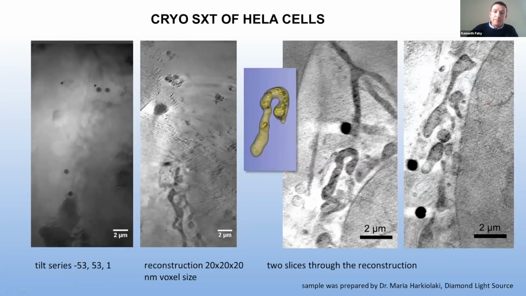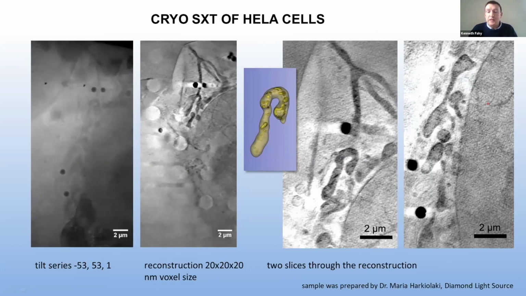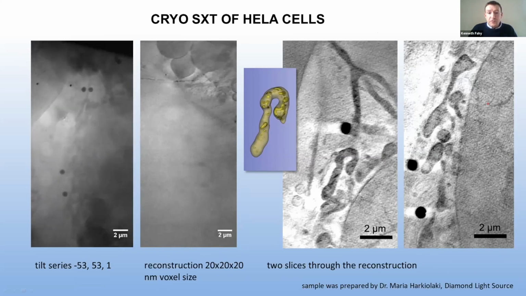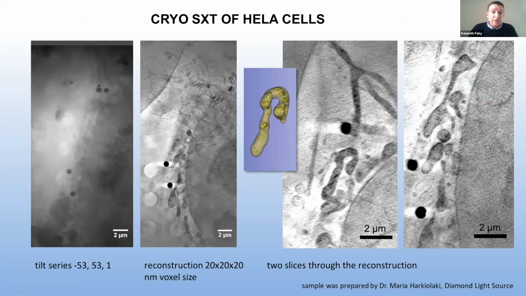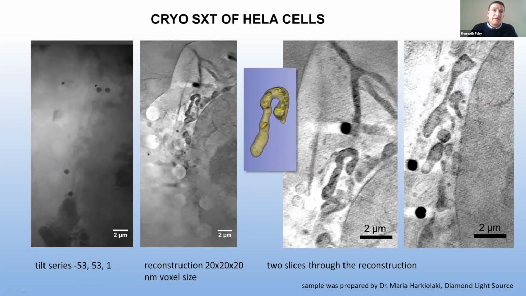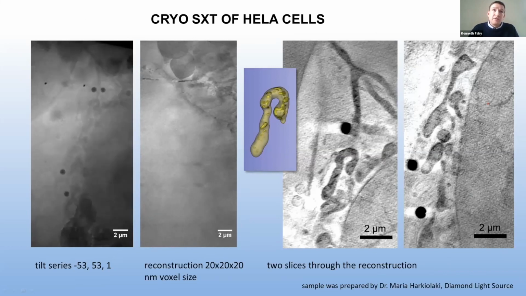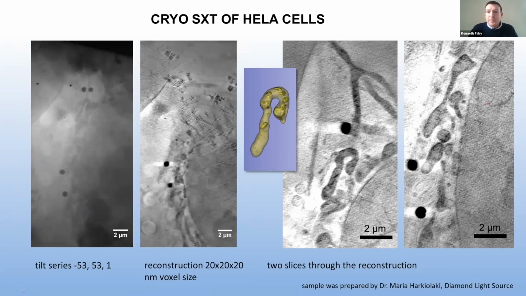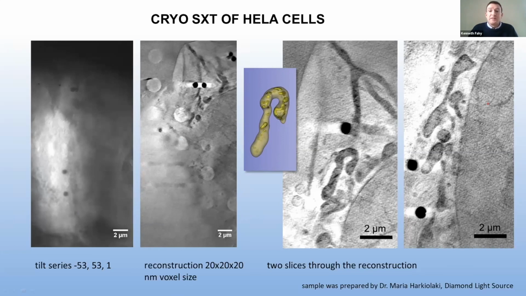Here's another study done on cells provided by Maria Harkiolaki from the Diamond B24 microscope. It's a 3-micron thick cell at the cytoplasm and about 5 microns at the nucleus. On the left-hand side, you can see the raw tilt series. On the panel next to the right, you can see us flipping through the orthoslices of the reconstruction. And so we can observe cristae of the mitochondria,